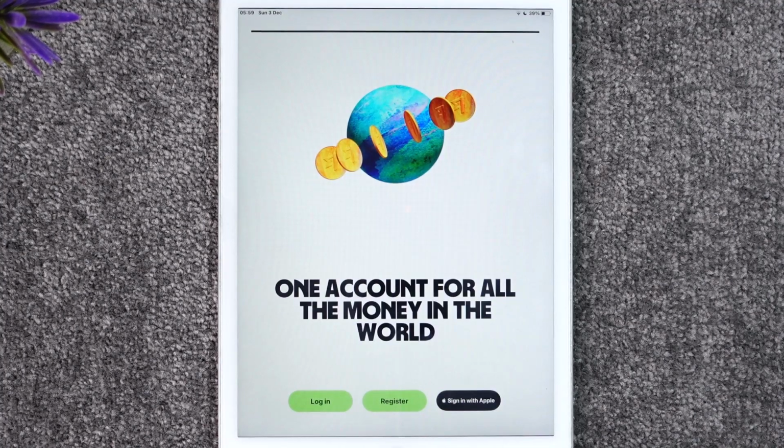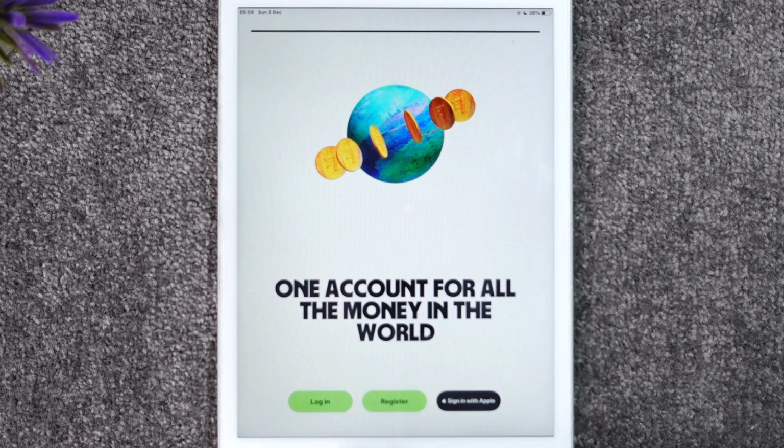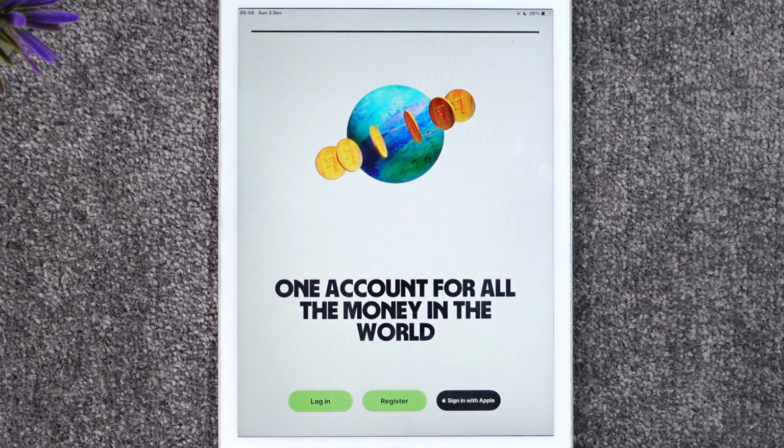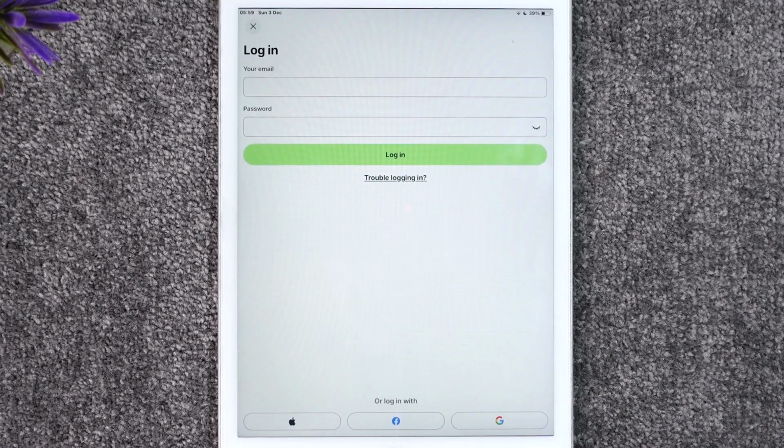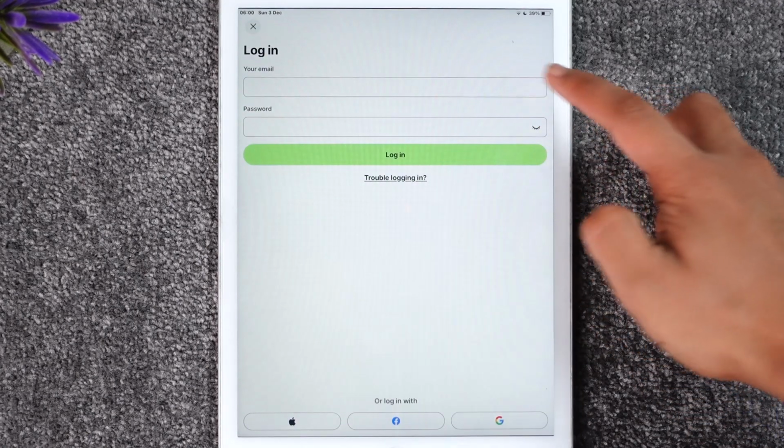Now if you have not yet registered an account, you can just make sure to tap the register option over here, but assuming you already have an account, you can just tap the login. If you are signing in with Apple, you can sign in with Apple ID as well. So you can go to the login page and then just make sure to enter your email address over here